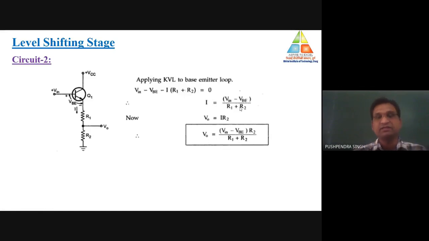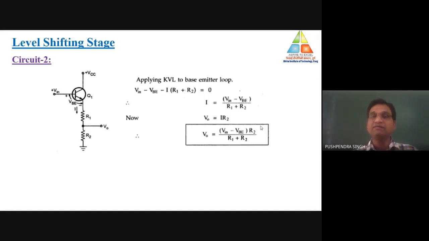What is the disadvantage? Here we need to use two resistances, and if the amplified DC voltage is more, we need to enhance the value of these resistances, because the output voltage mostly depends on them. In most conditions, it's not suitable to enhance the value of resistance beyond some predefined limits. So due to that, we moved further from this kind of circuit to a constant current source circuit.